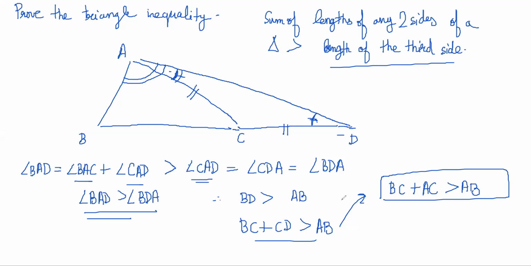Let's prove some more interesting stuff. Triangle inequality says that the sum of lengths of any two sides of a triangle is greater than the length of the third side. This we have proved by taking an isosceles triangle here and noting that this angle is bigger than this angle, right? Next we have these results. I will write them down and give you guys 5 minutes to try to prove them. These are key questions, so you will be able to do it in 5 minutes only.